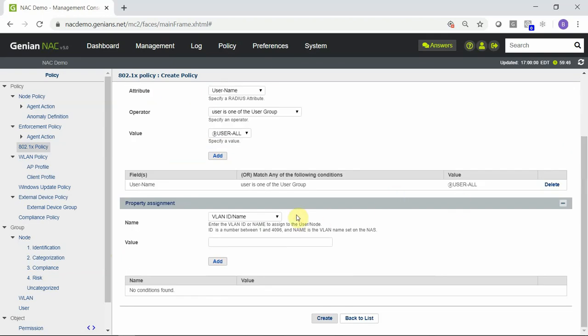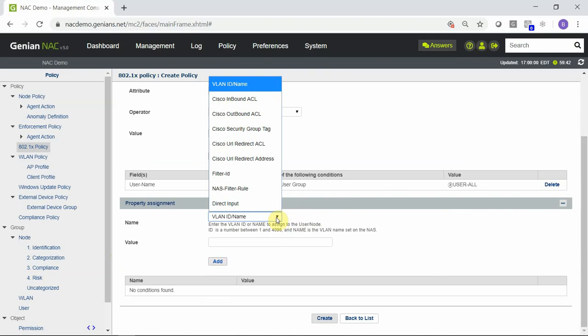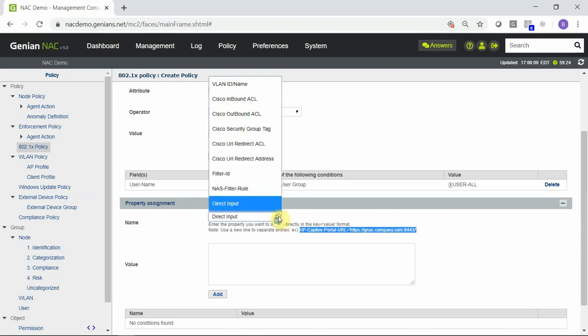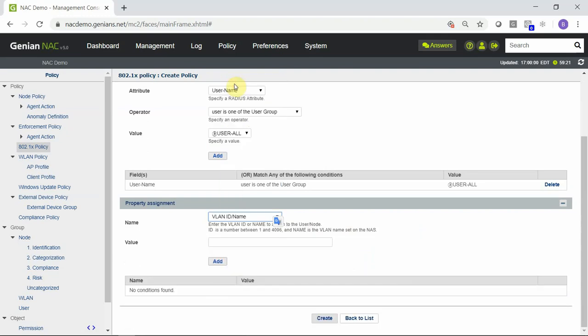To assign the particular RADIUS attribute or property, select the desired attribute from the drop-down list. This list includes several pre-configured options, but there is also a direct input in which you could enter any RADIUS attribute you would like for your particular networking environment. For this example, we're just going to assign a VLAN ID. We'll click Add,